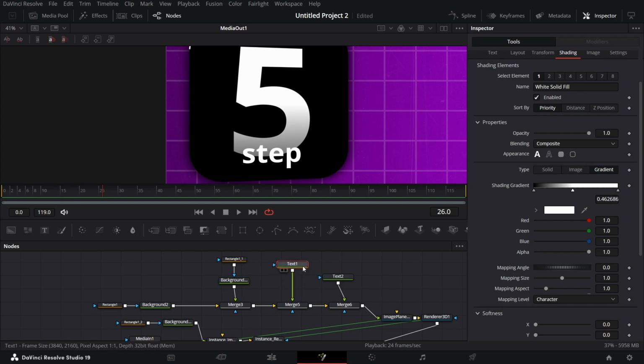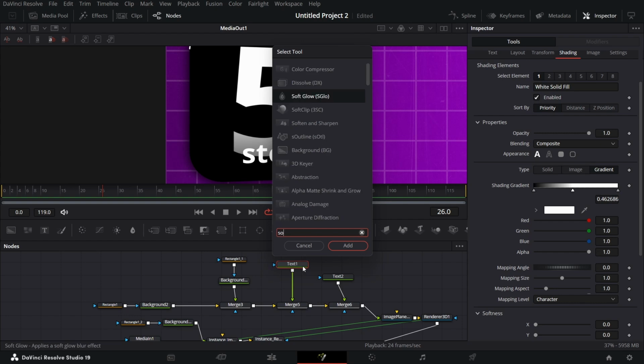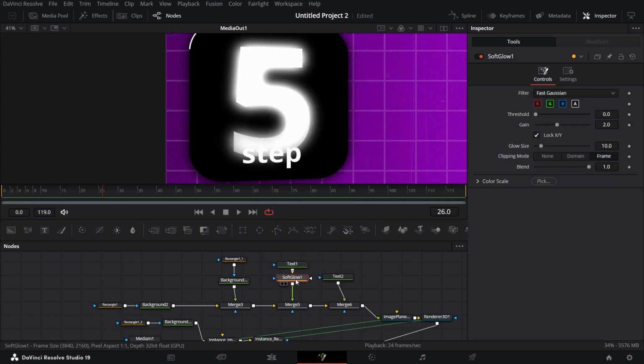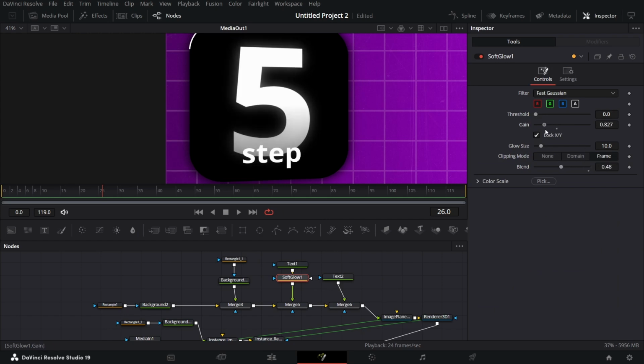And of course, we need to add a glow node, soft glow. Soft glow is pretty fundamental, and just decrease the size of the glow to somewhere. I mean that's absolutely perfect. I would love to decrease the size of the glow, I mean, to somewhere 0.20, 0.5, and here 0.2, and this looks absolutely cool,